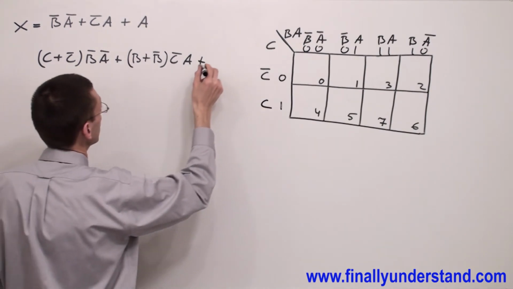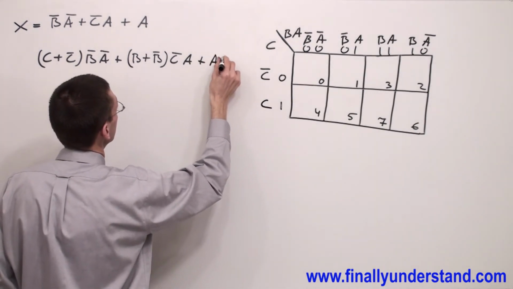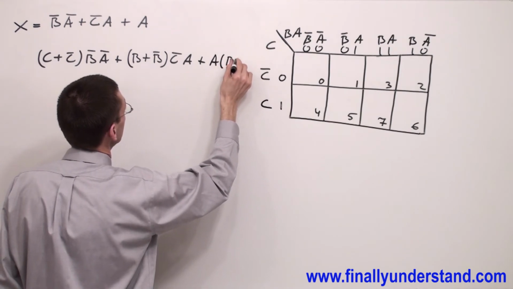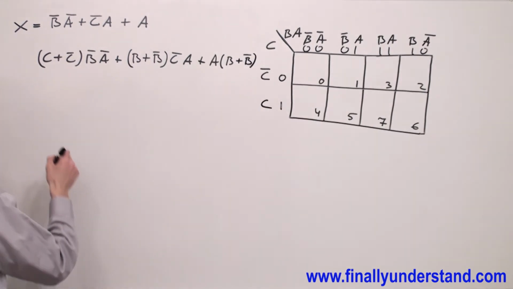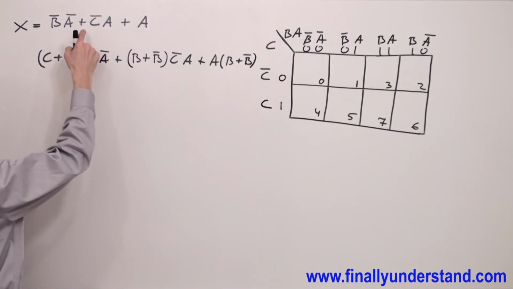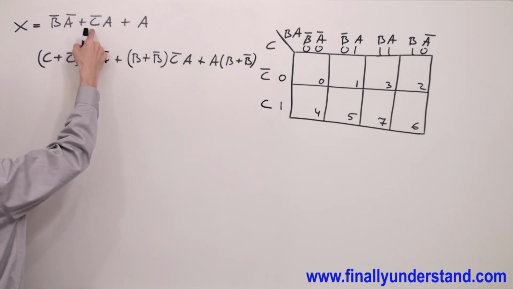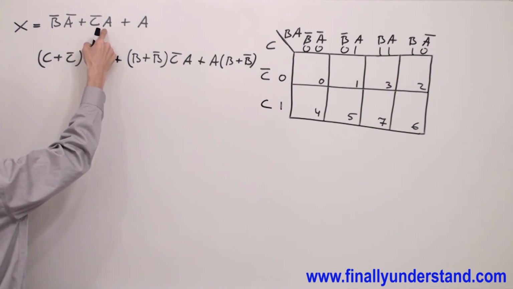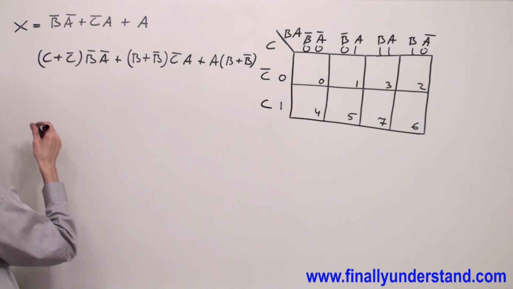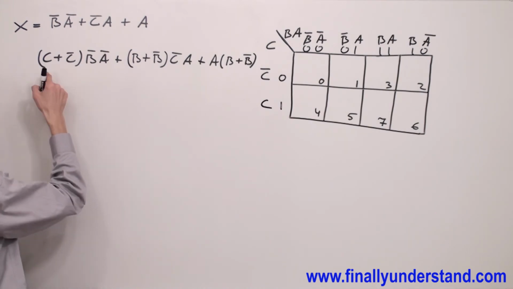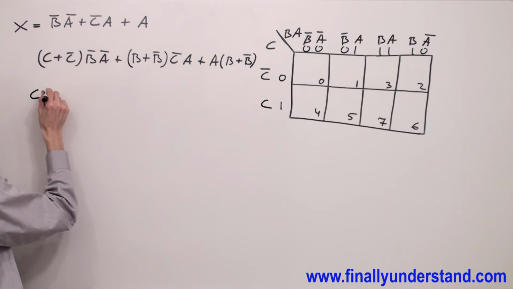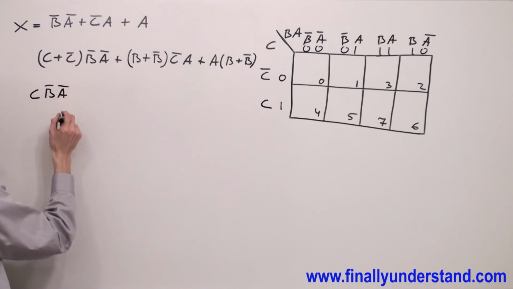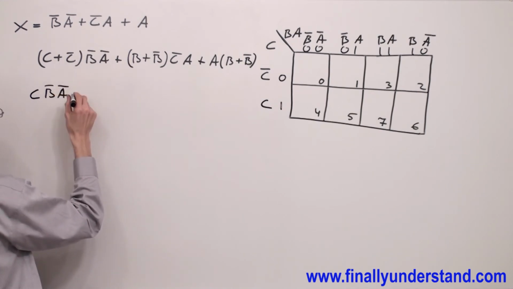So I'm going to multiply A by B or B naught. Just take a look at the order. C represents the most significant bit, A represents the least significant bit, because C is at the left side and A is at the right side. That's why I'm going to keep this order. C, B naught, A naught, C naught, B naught, A naught,